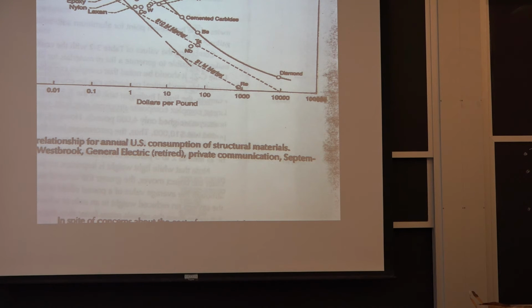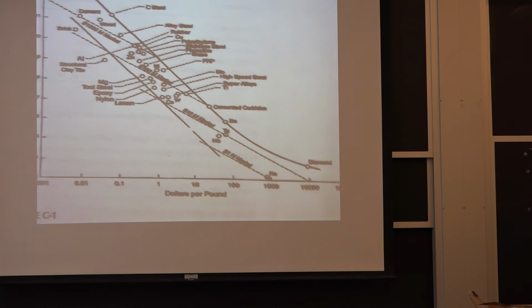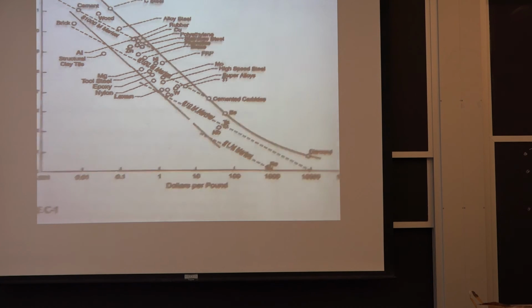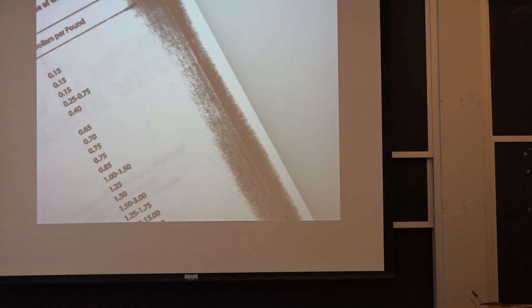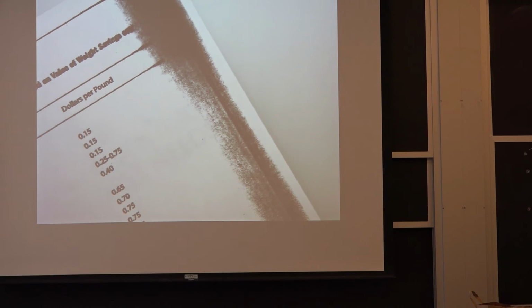And remember, this was a General Electric report, and at the time, General Electric had a near monopoly on man-made diamonds because of Tracy Hall, among other people, who had invented the process to make man-made diamonds. Cemented carbides are structural materials just like diamond, at $100 a pound. Diamond back then was $10,000 a pound. It's about $400 million a pound now, or something like that. Ashby's got some updated prices.